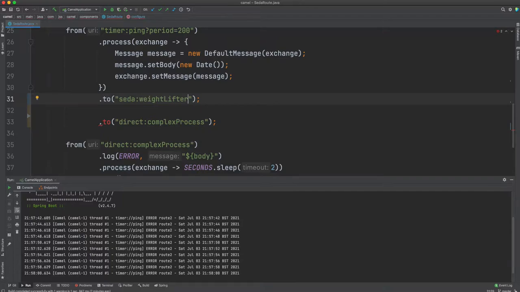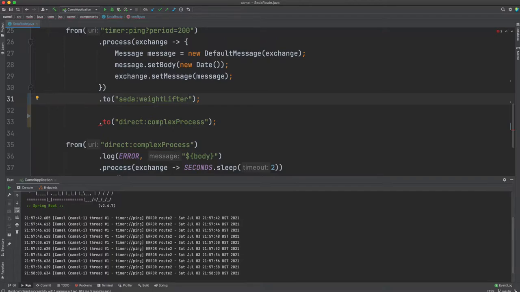If I don't specify, this is where the options come in now. If I don't put the options over here, what will happen is SEDA by default comes with a single thread. So whatever is happening right now will continue to happen. So over here, I have two options. I can either specify a number of threads, like I would like to have 4 or 5 threads, whatever I want to do.